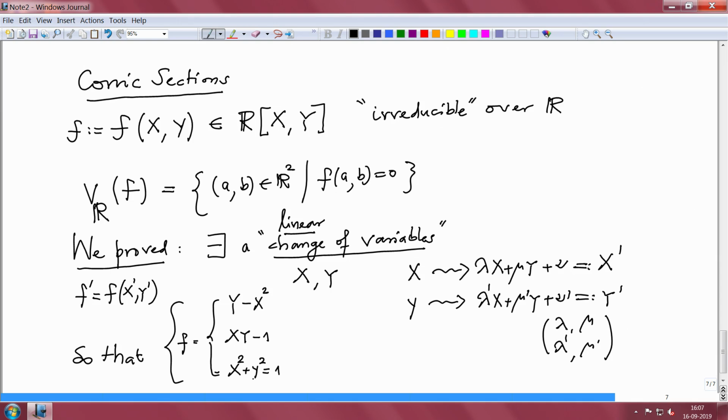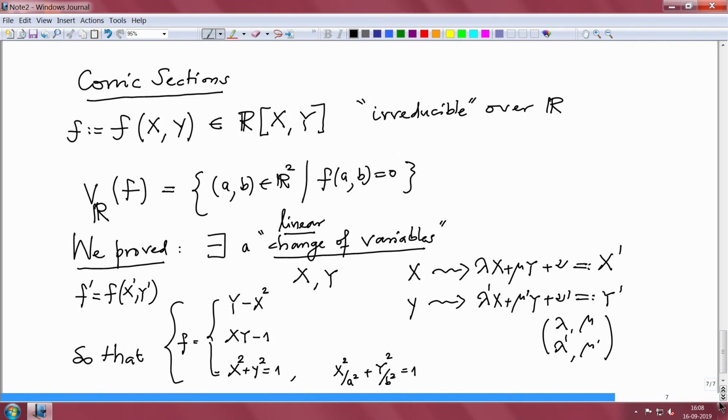And now what was the advantage? One more case I forgot, namely x square divided by a square plus y square divided by b square equal to 1. So these are the 4 cases. Now, what is the advantage of this? Now let us see how plotting is much easier.